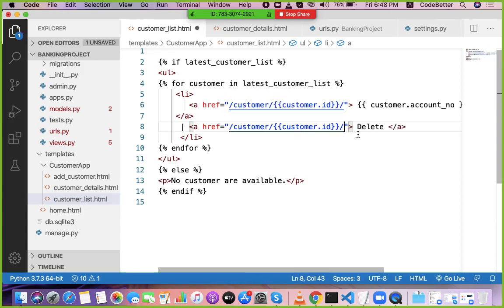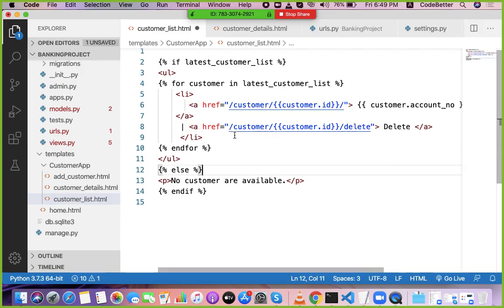Since this link is to view that data based on its ID, and this link is to delete the data based on ID, I have to add a different URL. So I add one delete sub URL to it.